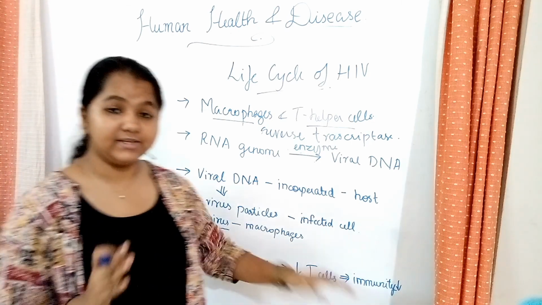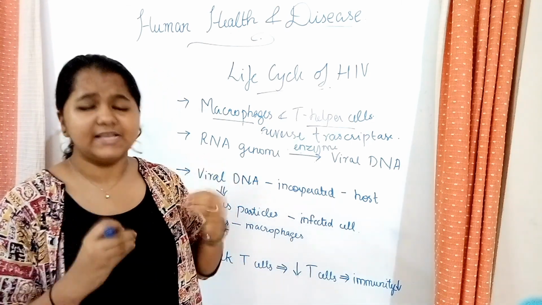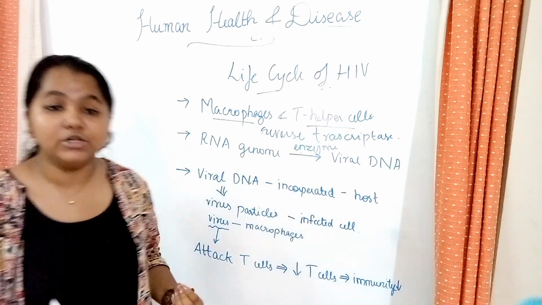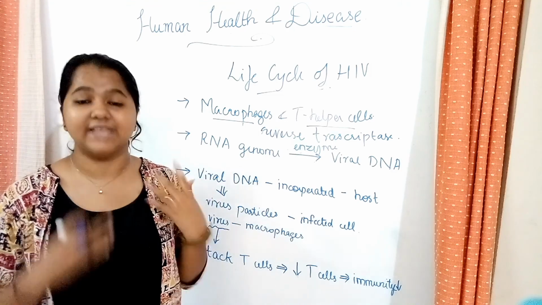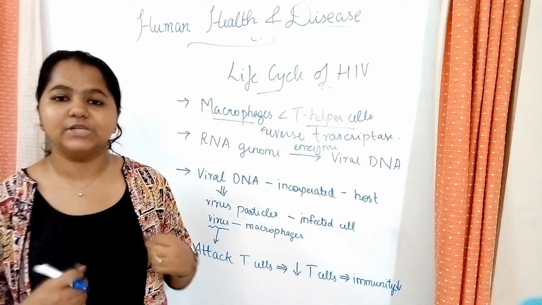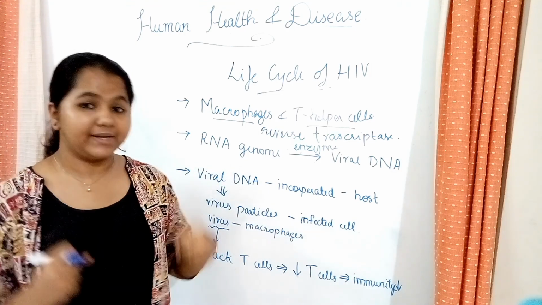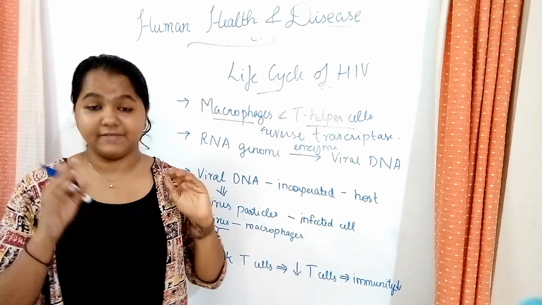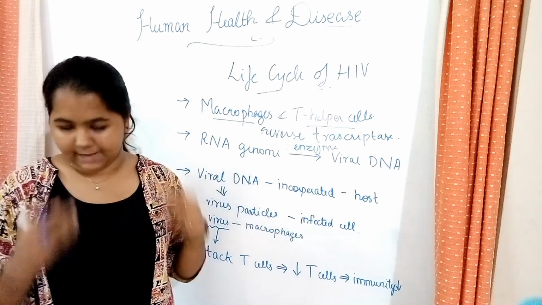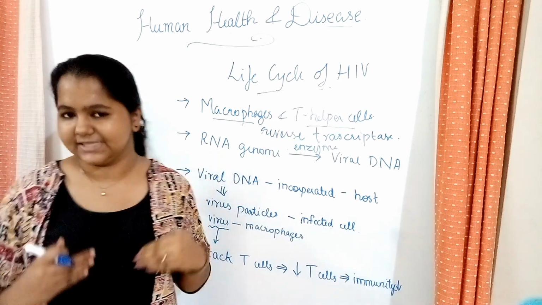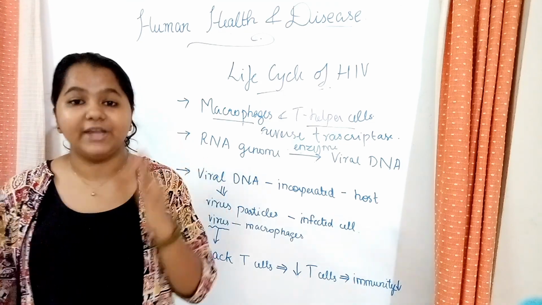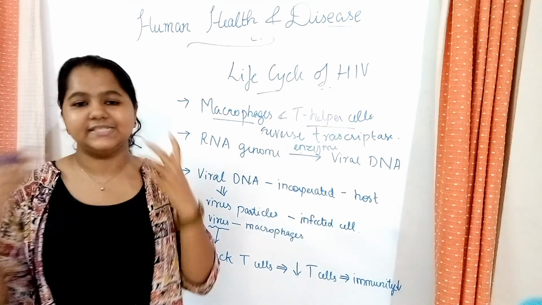So when immunity decreases, what happens? The host is affected by almost every disease that's around. We face a lot of microbes and antigens every day, but we are not affected because our immune system is strong, because our T helper cells are working so hard for it. But if there is a shortage of T helper cells, what would happen? Our immunity will decrease. That is why it's called AIDS, acquired immunodeficiency syndrome. Immunity is deficient there.